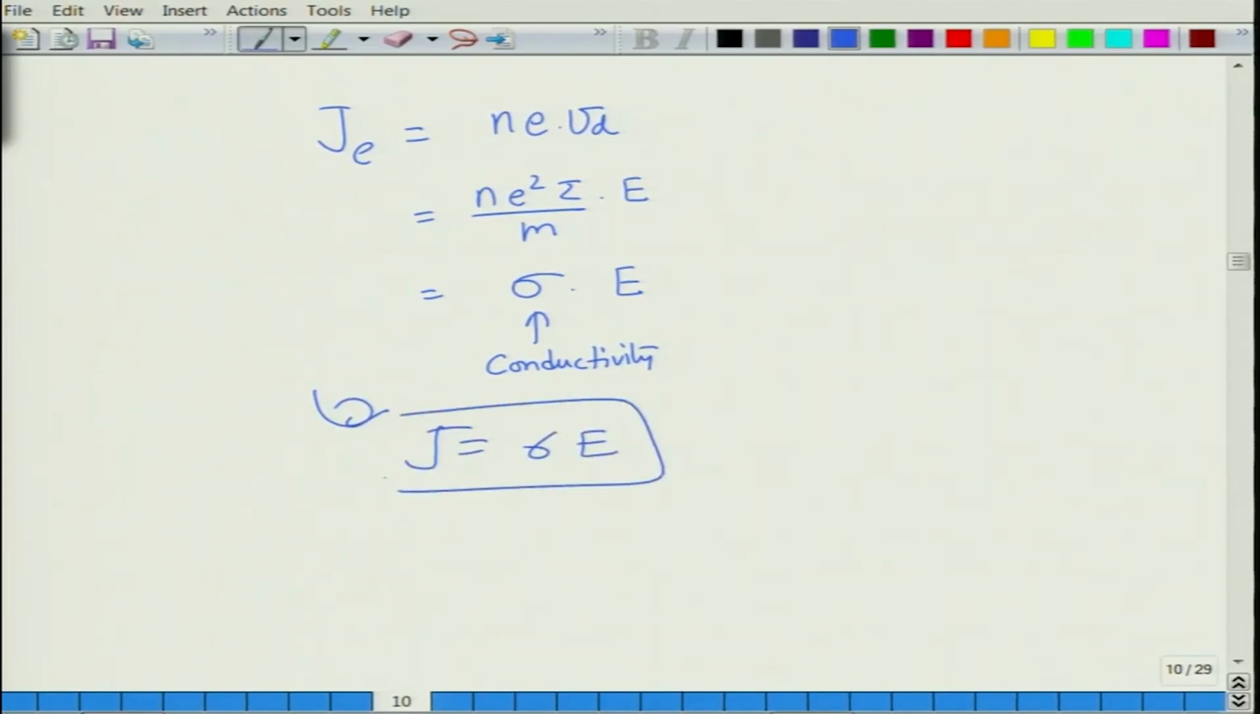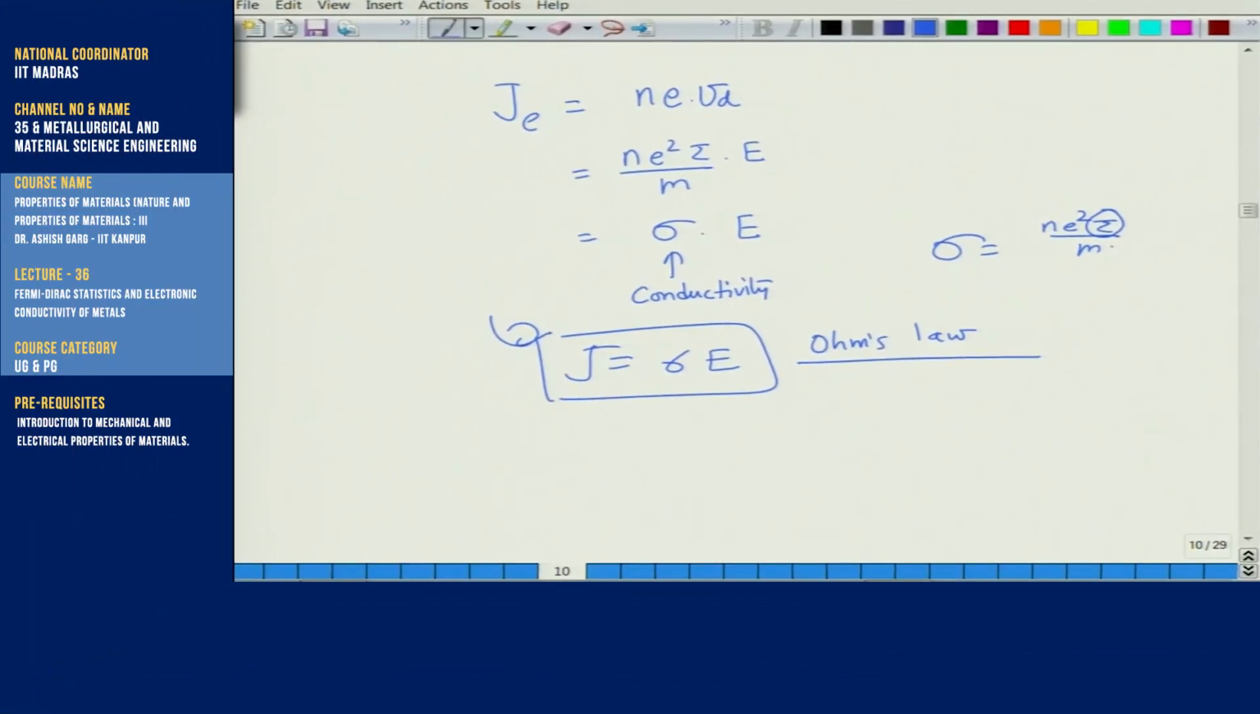This is called Ohm's law, geometry independent form of Ohm's law. So, where sigma is conductivity, this is Ne square tau divided by m. So, larger the relaxation time of the material is, larger the conductivity is, more the value of n is, more the conductivity is. So, this tau is a function of temperature,